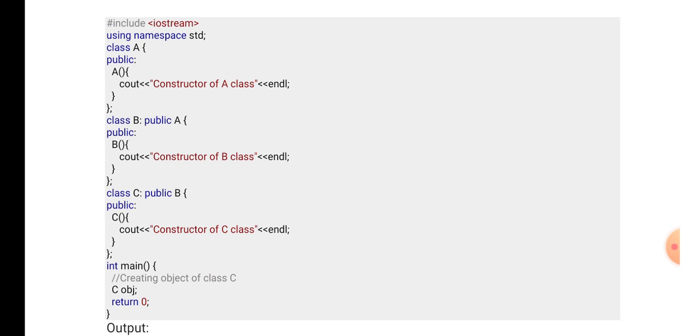You need to understand one thing here, constructor must be written in public section. That is the rule. So in the main function we create object to C class, so it will call the C class constructor, where that constructor automatically calls its parent class which is B, and in the B class constructor it calls its parent class which is A. So finally first A class constructor will be executed to display constructor of A class, then it will display constructor of B class, then it will display constructor of C class.